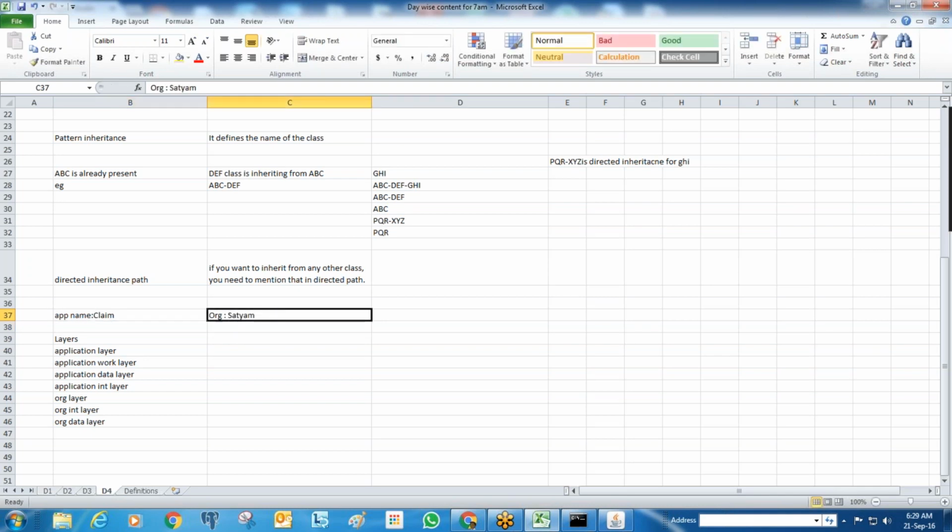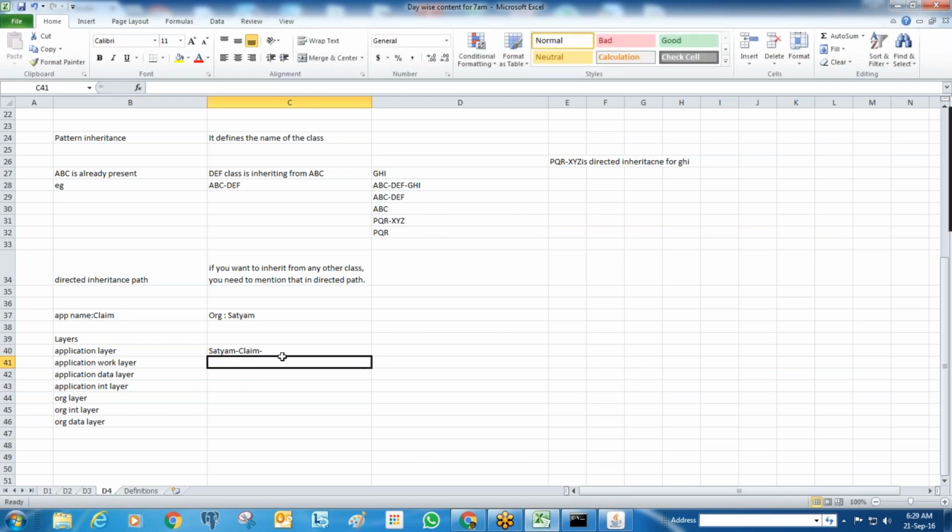So I am creating a Climb Pega application for the Satyam company. In that case, the system will automatically create these layers. The layer is nothing but a class structure, pointing to some class. So the application layer will point to this class, Satyam-Climb.